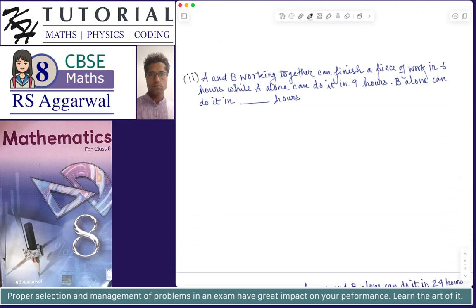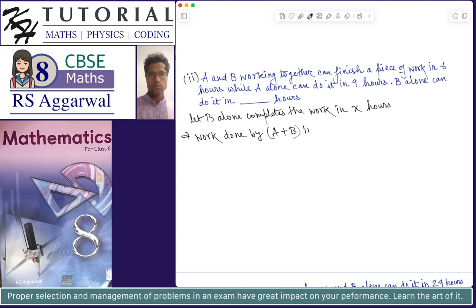Part 2 is, A and B working together can finish a piece of work in 6 hours, while A can alone do it in 9 hours. B alone can do it in how many hours? A alone can do it in 9 hours. So let B alone complete the work in X hours. So this implies we can say, I'm skipping some steps, the work done by A plus B